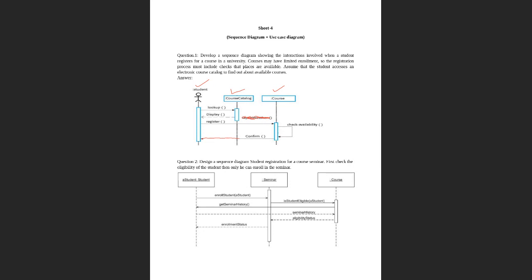So here you have a student object. The student object is sending a message called enroll student. He wants to enroll for the seminar. So what the seminar module will check is a condition: is the student eligible for the seminar or not? For that they send a message to the course to check whether this student is eligible or not. The course will send a message directly to the student's object to get his seminar history. The student object will reply, you see the dotted message, with the seminar history.